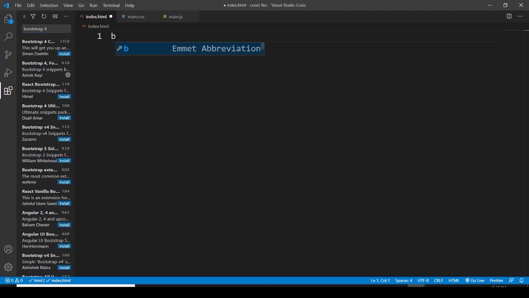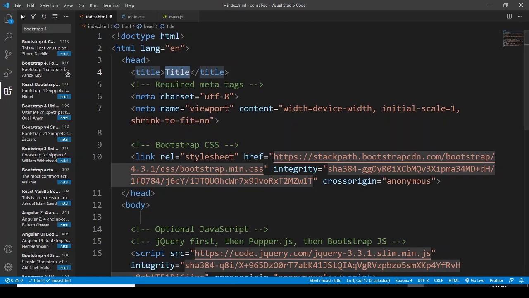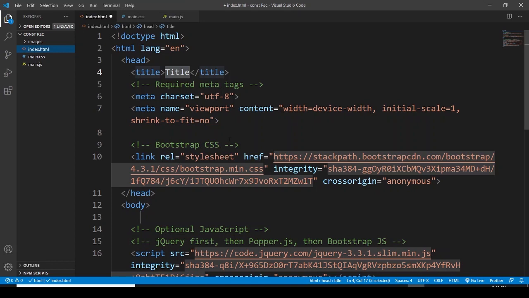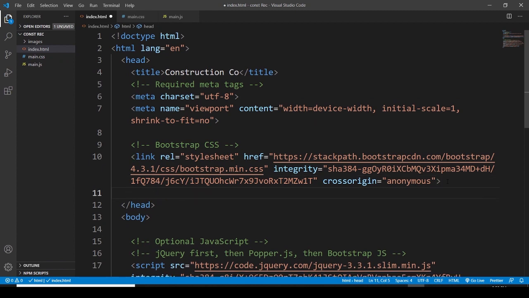Okay, so let me go and use the Emmet abbreviation, and here is the Bootstrap 4 extension, sorry, starter template or a boilerplate. Then here in the title, let's say construction company. Then after, I would like to link the style sheet, link rel stylesheet, and the href is going to be